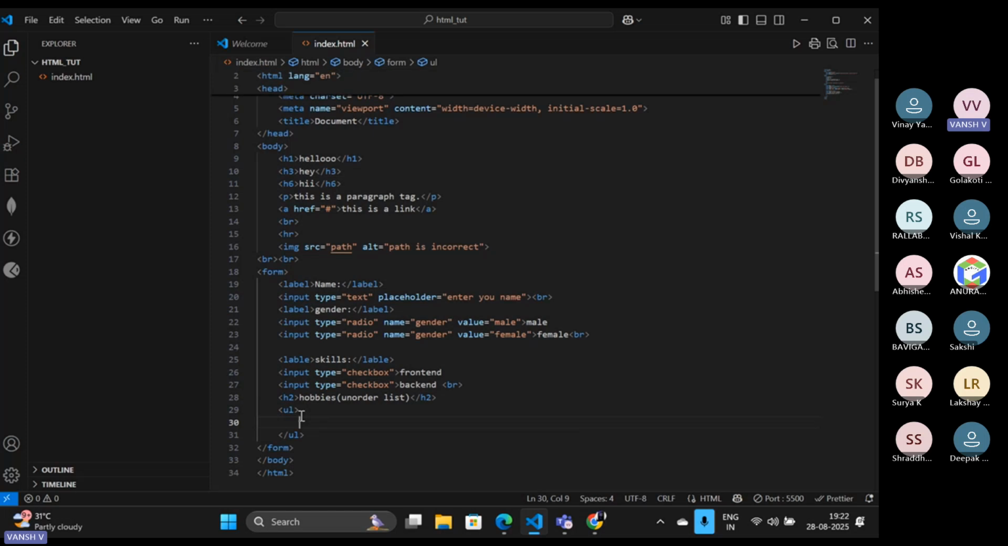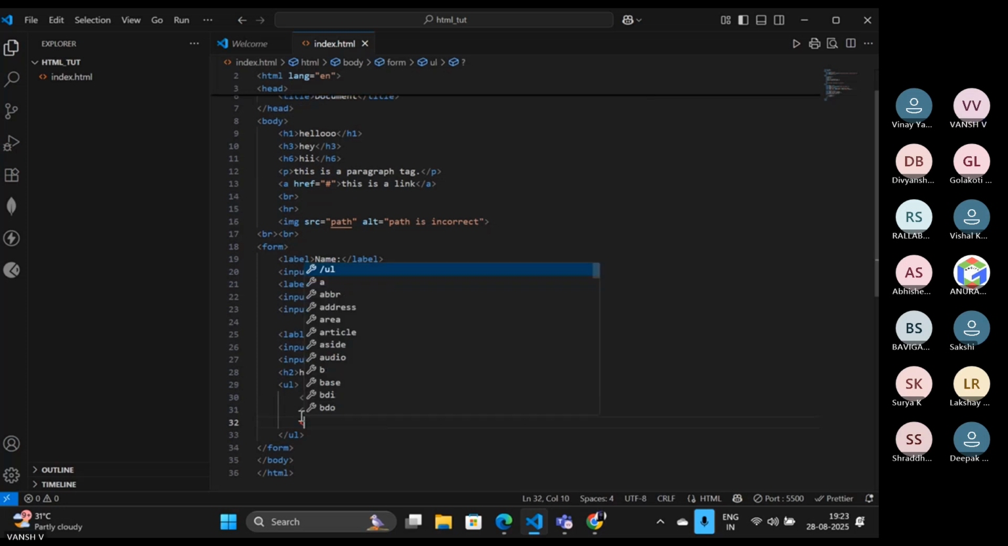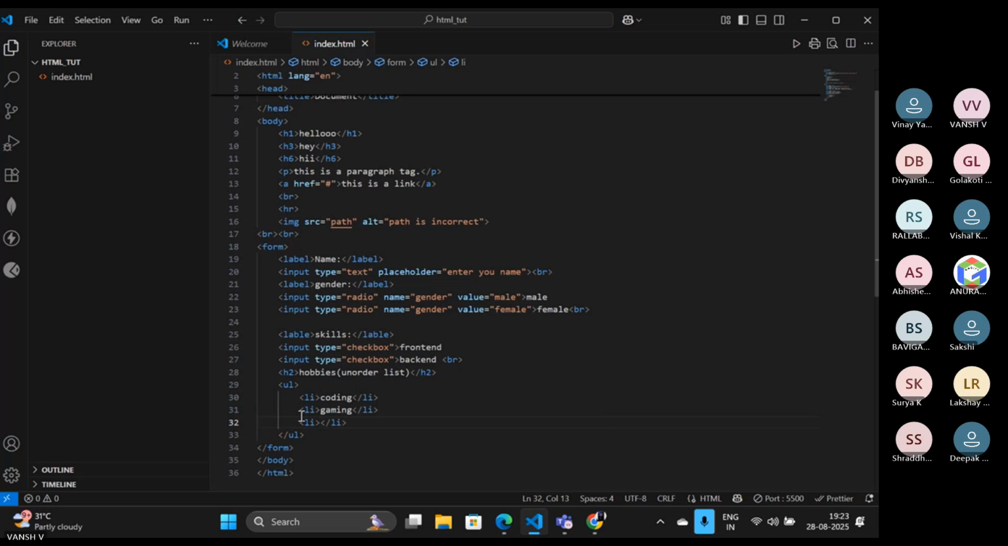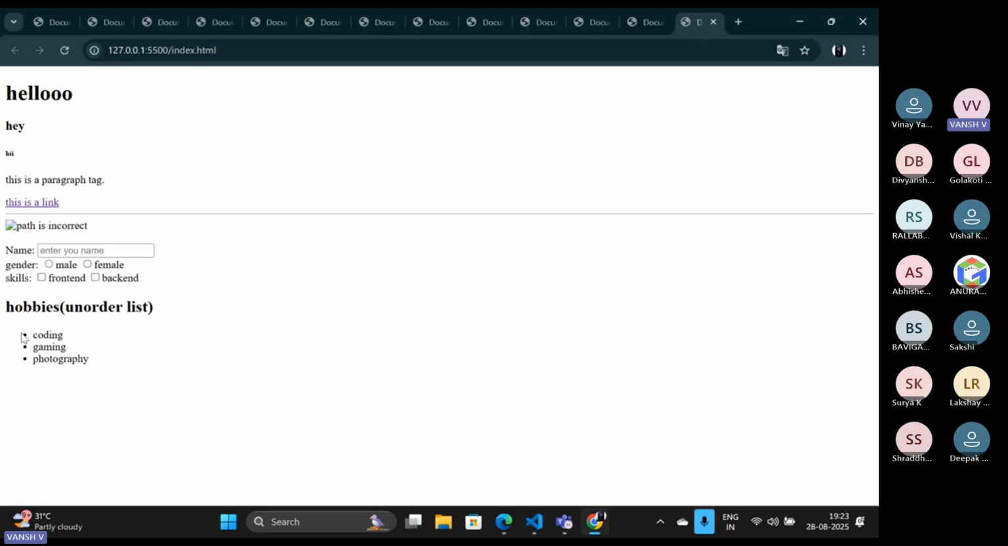After this, I want to append some items to it. So suppose the first list option is coding. After that, another list, gaming, and one more list, you can say photography. Okay. So these lists I have created unordered, which means you will get bullet highlights over there, not a number. So let's see, are we getting the output accordingly or not? This is the unordered list. You can see we are getting this circle over there